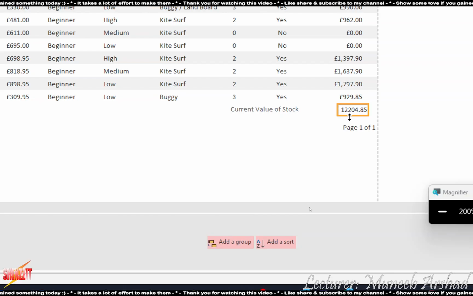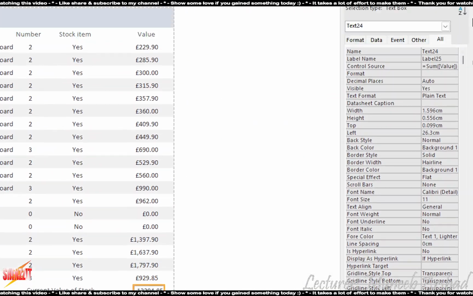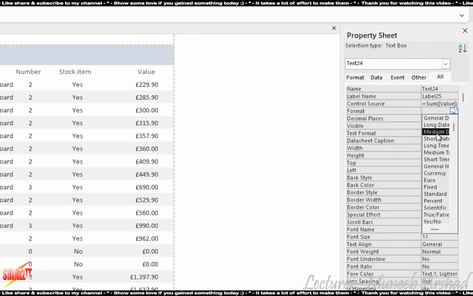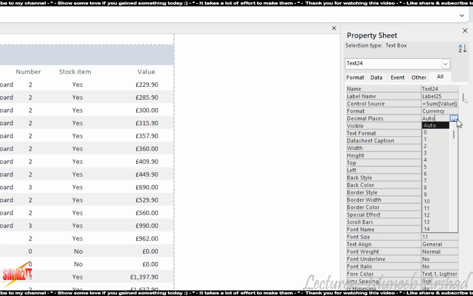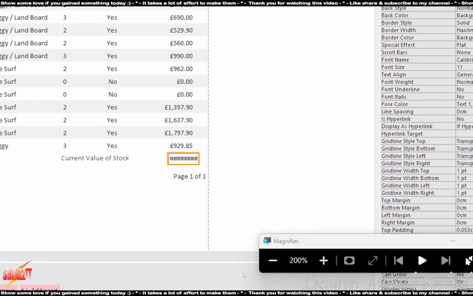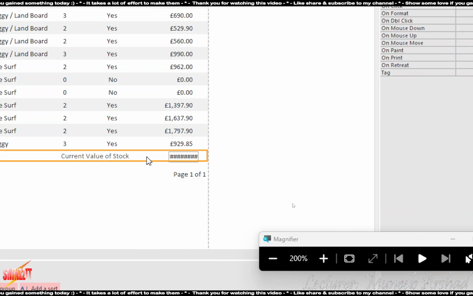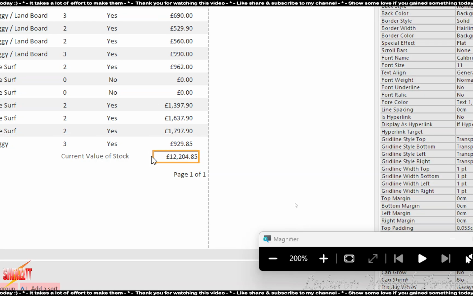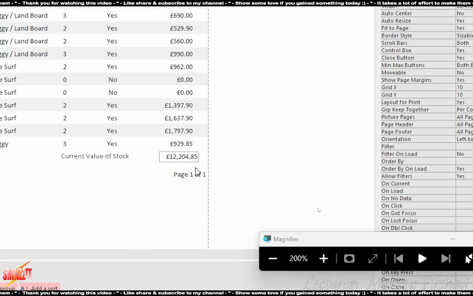Look at this. This is not following the currency and 2 decimal places. What do I do? Right click, property sheet, active होगी, format को set करो, currency, decimal places को करो 2. Make sure that this is appearing as the required format. So resize this. There's an outline appearing around the text box or around the expression box.